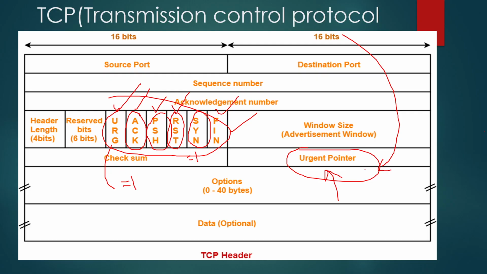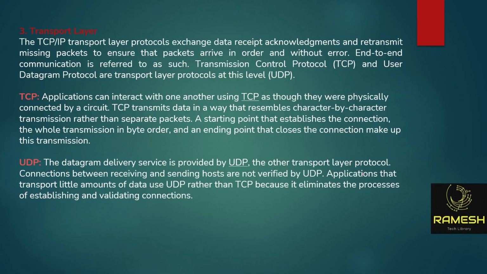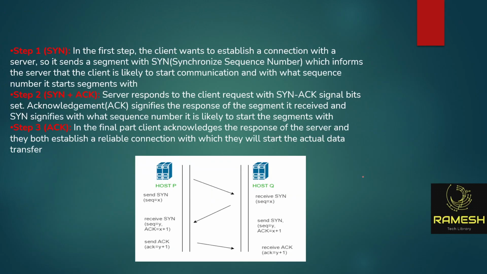Now, the final thing is how the data is sent. TCP will send the data in the form of streams. Streams means once the connection is established, it starts exchanging the data. Just 5 minutes, guys, the class will be over. Once the TCP three-way handshake process is established, it will start sending data.